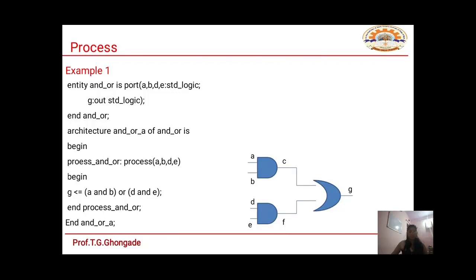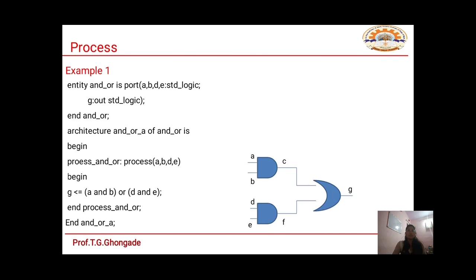Here we have written, for example, A and B or D and E. After begin you can see that G is assigned A and B or D and E. So A and B, and then an OR operation is done with D and E. There is only one process in the code and each statement is executed sequentially. It means that first G equals A and B will be executed, and then D and E will be executed,